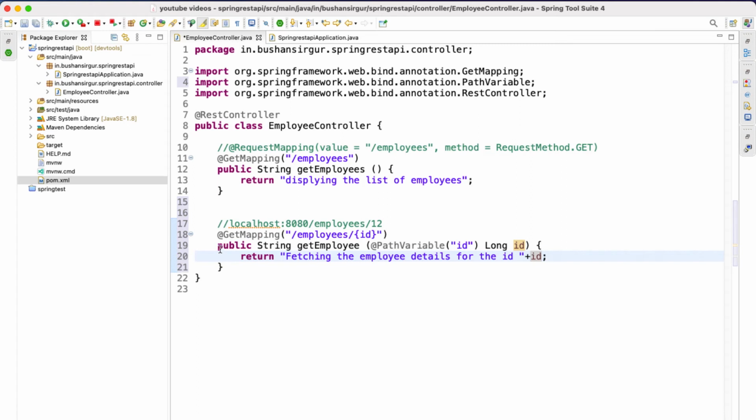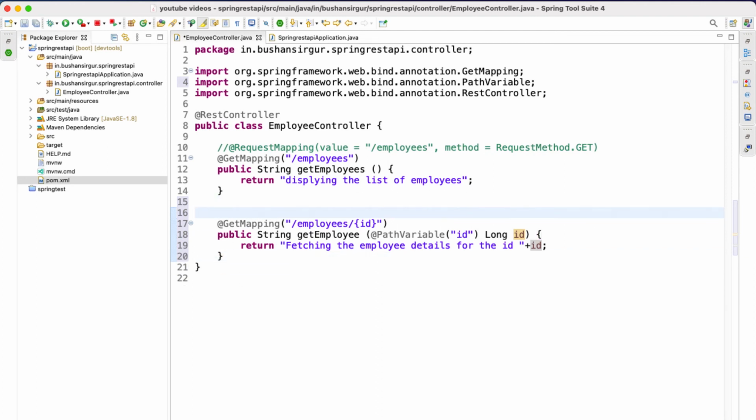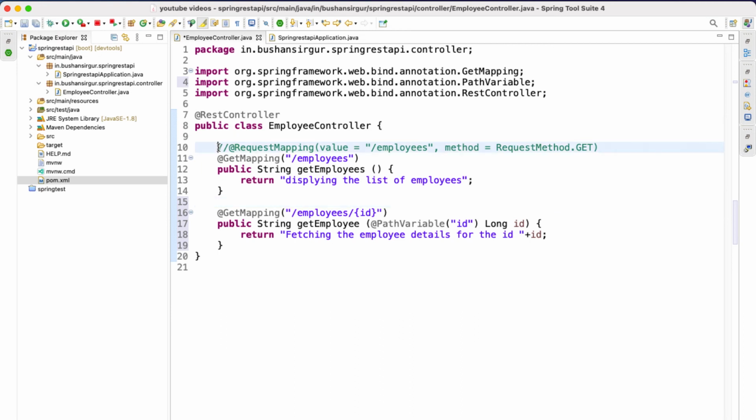Alright, so now we have created this handler method and mapped it to the URI, slash employees slash the employee ID, and we receive that employee ID using the @PathVariable annotation. Let me get rid of these comments, and I'm going to remove this as well.